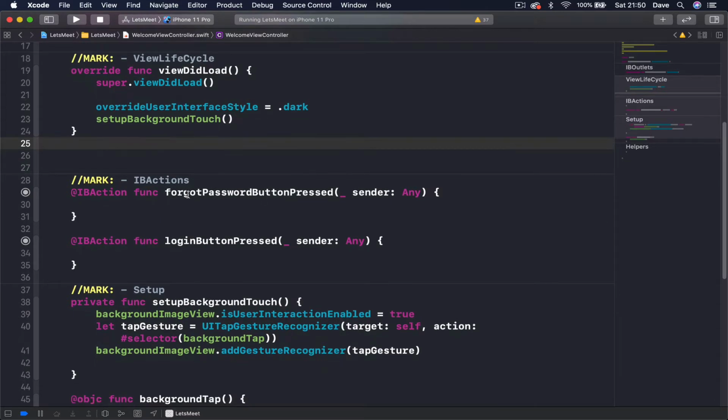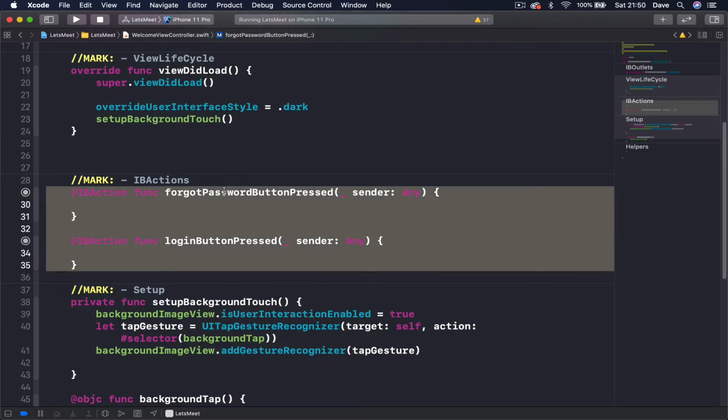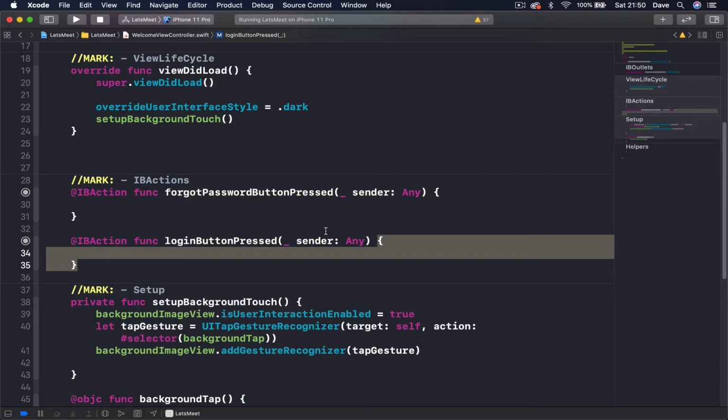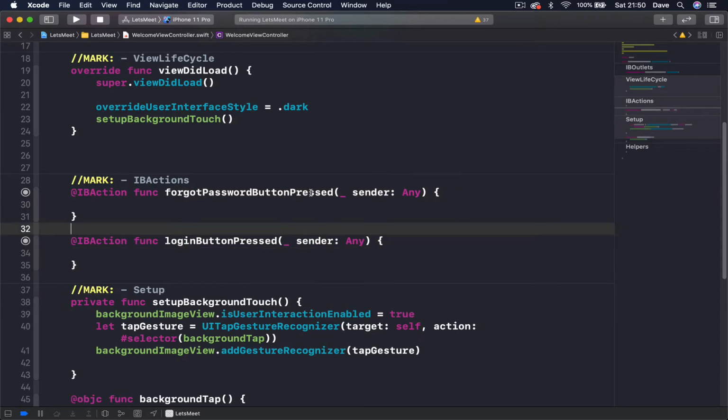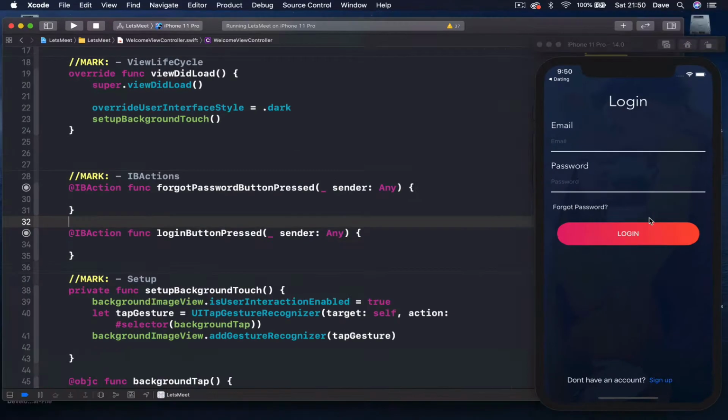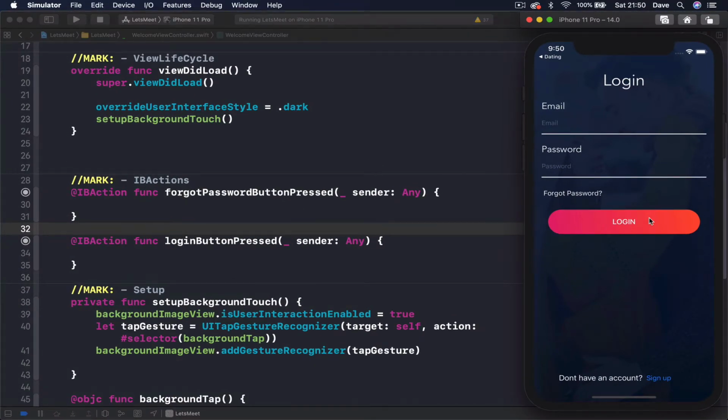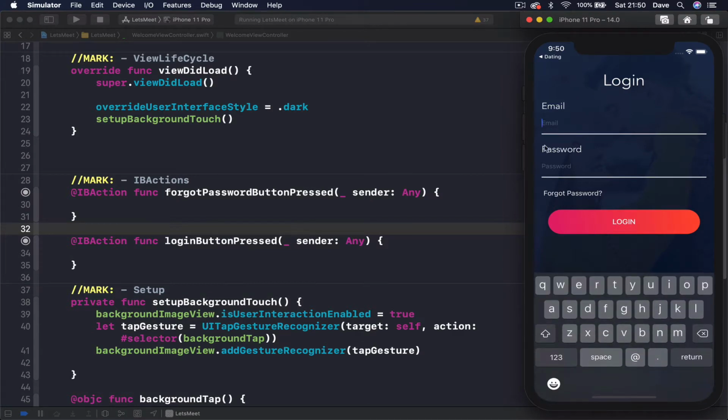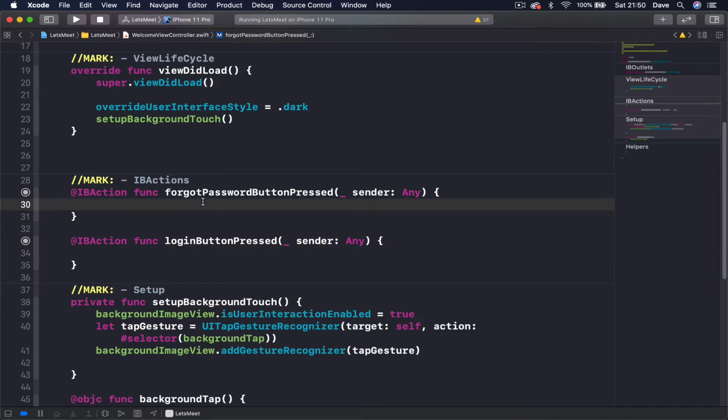Now let's focus on these two action buttons, the forgot password and login button. First of all, whenever we click any of these buttons, before we proceed and try to log in the user or try to reset its password, we need to have some information from the user. So in case of forgot password, we need to make sure that user has inputted an email address. So whenever we click forgot password, the email address has to have value in it. So let's check this. And in case there is no email inputted, we are going to notify the user